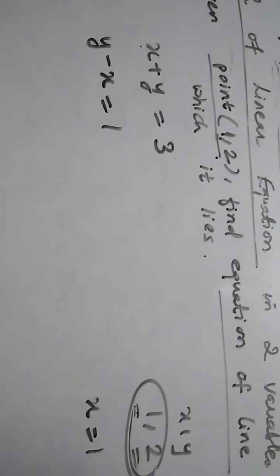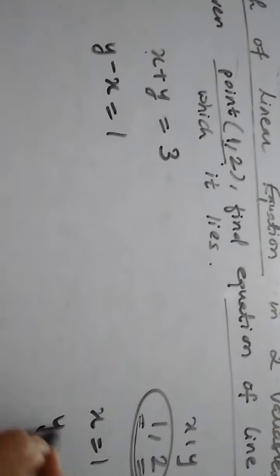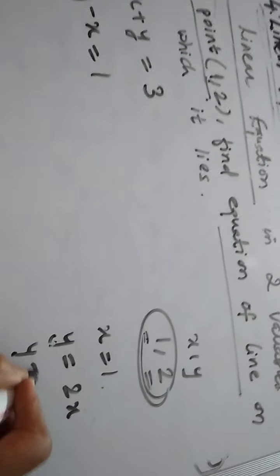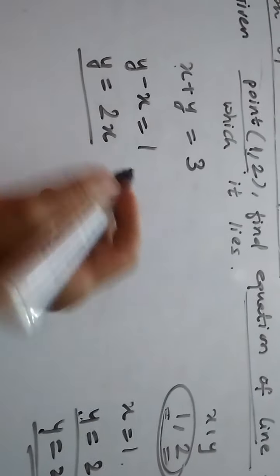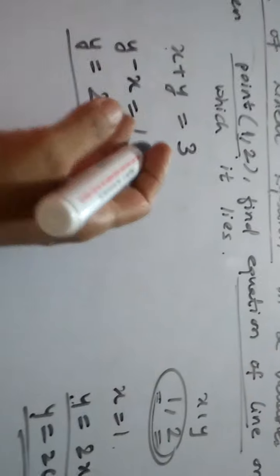फॉर एग्जाम्पल देखो, x की वैल्यू 1 है, और y की वैल्यू 2 है, तो y इज इक्वल टू 2x लिख सकती हूँ मैं, चलेगा ना ऐसा. x की वैल्यू 1 है, तो y की वैल्यू कितनी होगी? 2 इंटू 1, तो y की वैल्यू 2 आ गई, तो y इज इक्वल टू 2x can also be a solution. You can have this now as the equation of your line. 3 इक्वेशंस हो गए हमारे पास. ठीक है, any of this can be.